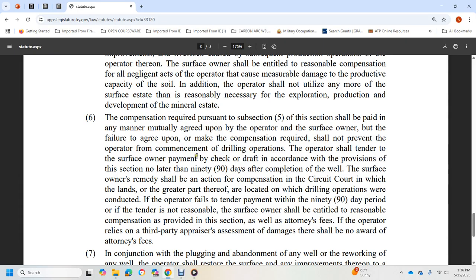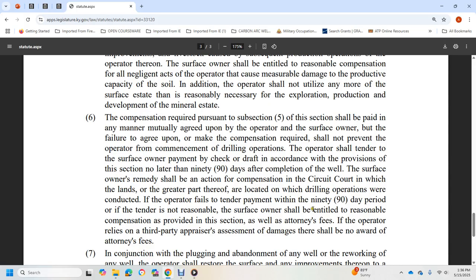The operator shall send the surface owner payment by check or draft in accordance with the provisions of this section no later than 90 days after the completion of the well. Surface owner remedy: the surface owner may bring an action for compensation in the circuit court in which the greater part of the lands are located where the drilling operation was conducted, if the operator fails to tender payment within the 90-day period,